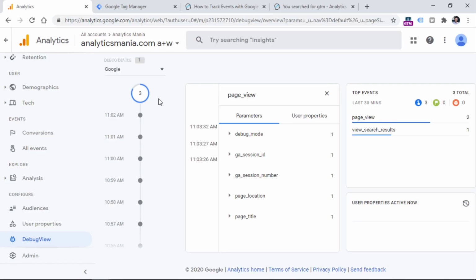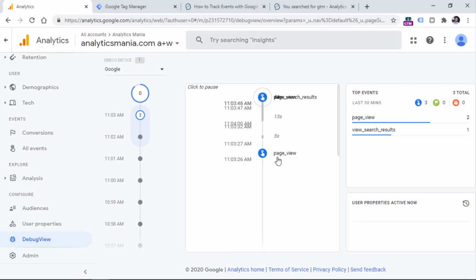If you cannot see your event here, then there might be some temporary issues with Google Analytics 4, especially if you are watching this video in 2020. Because for example, when I create a new property, I notice that there is some sort of delay when I start sending some data to that property. But if the property has been created, let's say, several days ago, then it suddenly starts working properly. I'm not sure if this is a temporary bug or if this is how things are going to work from now on, but just keep in mind that there is some patience needed when you're working with Google Analytics 4, at least in 2020. But I hope that this will be improved in the future.